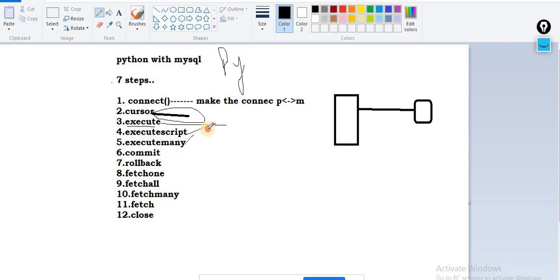What exactly is the meaning of execute? To perform something. What exactly do you want to perform? You want to read or write some data. So execute means the query that you want to execute.